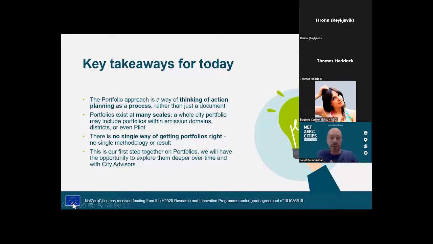So portfolios can also exist at many scales, right? Obviously we're talking here about the whole city portfolio of actions across different domains to achieve the whole city goal. But of course, within particular sectors of the mission domains, there will be portfolios of different actions. At lower scale, you can also, at a geographical scale, think of a portfolio of actions at a district scale, or even within, for those cities applying to the Pilot Cities program, even at that level,